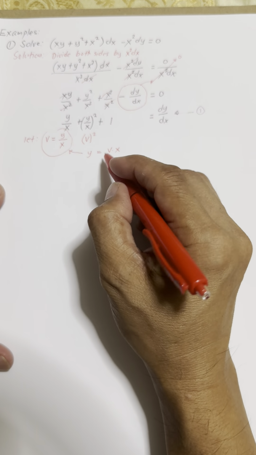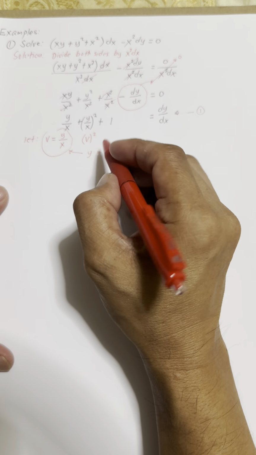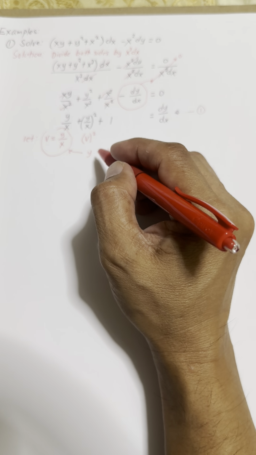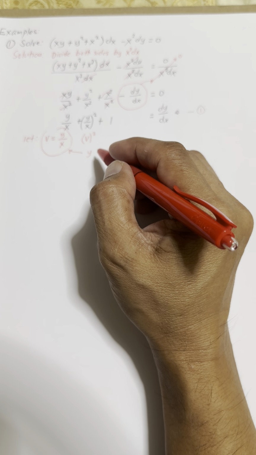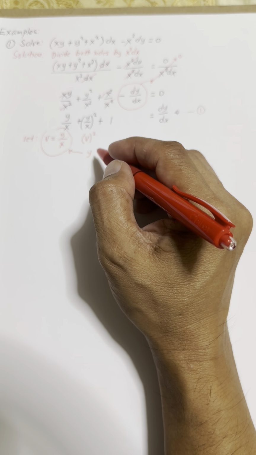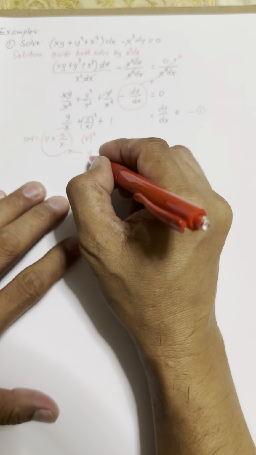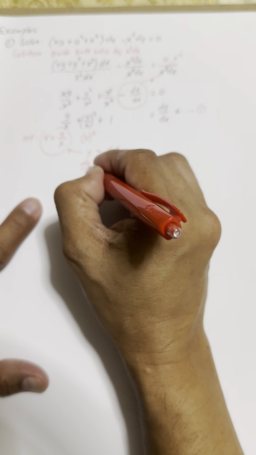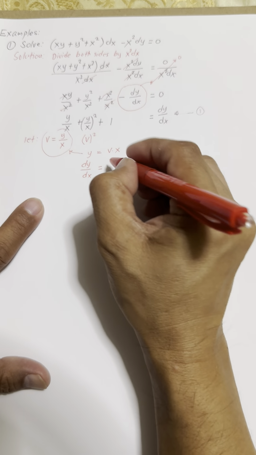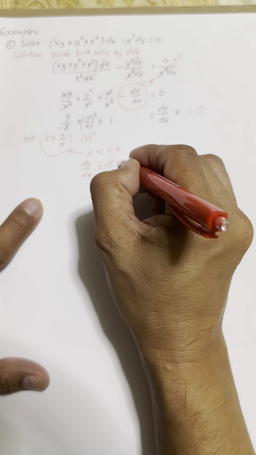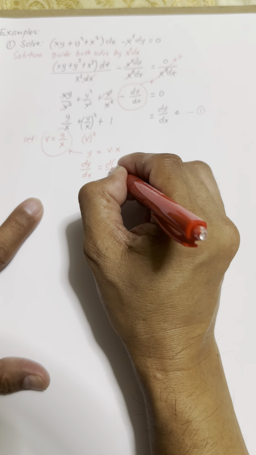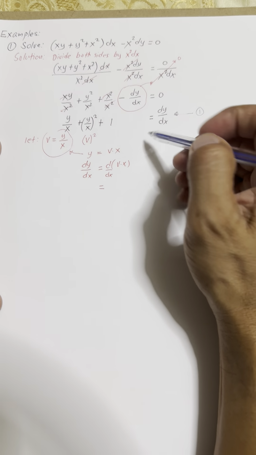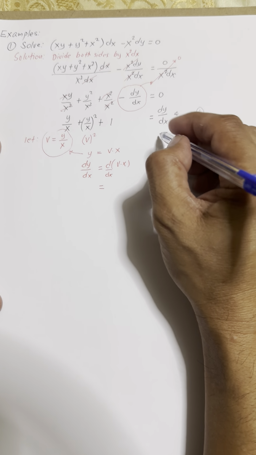Then from here we can differentiate, as suggested in the steps on how to solve the equation if it is in the form of a homogeneous ordinary differential equation. So we can take the derivative of y with respect to x, and we have here a product. So this is the derivative of the product v times x with respect to x. So we will use the product rule of differentiation.